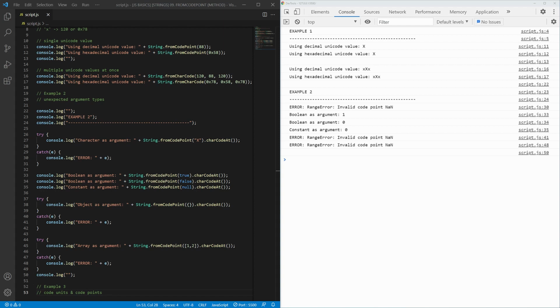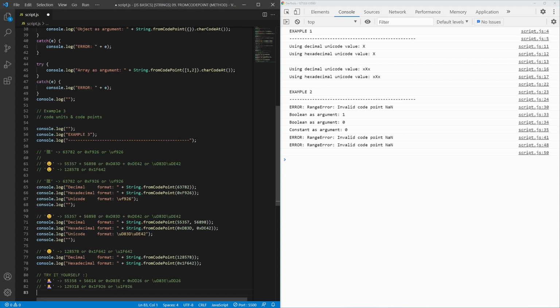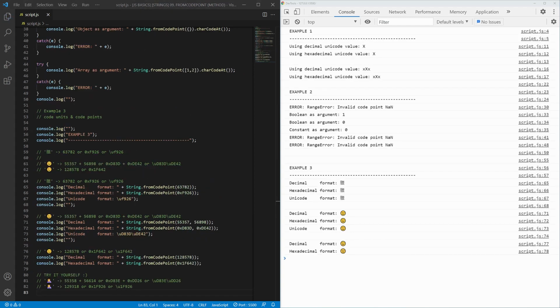The last example will show that we can use this method just like fromCharCode method, but at the same time it can do much more thanks to the fact that it can process code points as well. First section of example number 3 shows that for the characters from base multilingual plane, nothing really changes. If you forgot, those are all characters that can fit into one code unit, or in other words, the ones with Unicode value less than